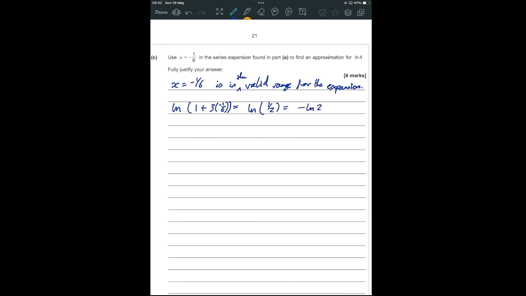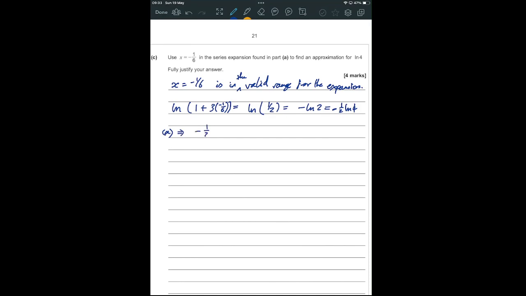I care about ln 4. So this is negative a half ln 4. Because 2 squared equals 4, I want to put a 2 up as the power, but I can't just randomly put a 2 there. I need to counter it, so I need to counter it by putting a half. Okay, so from part A,